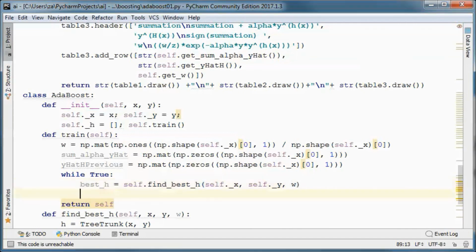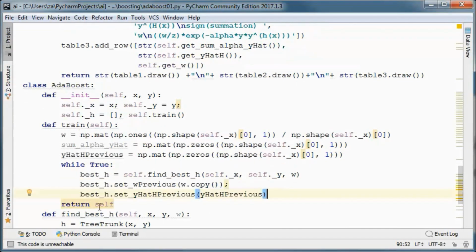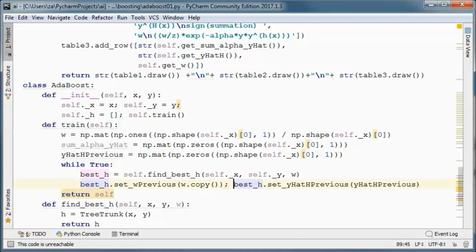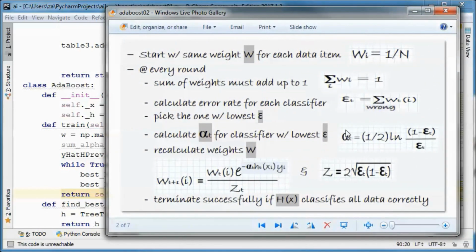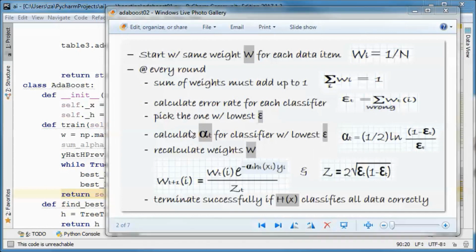And we will set the previous before proceeding. So we set W previous, and we set y hat of the overall classifier previous. And we need a method that calculates the alpha for the classifier that we picked here according to this formula.